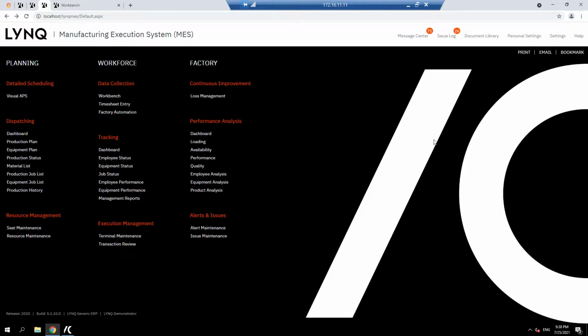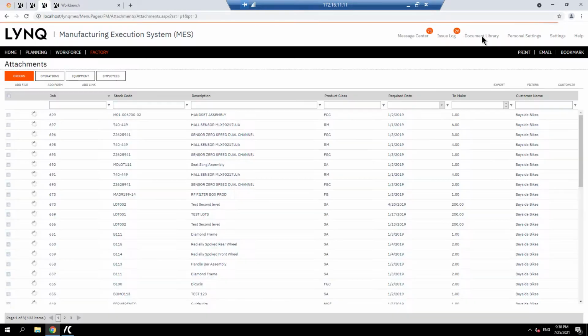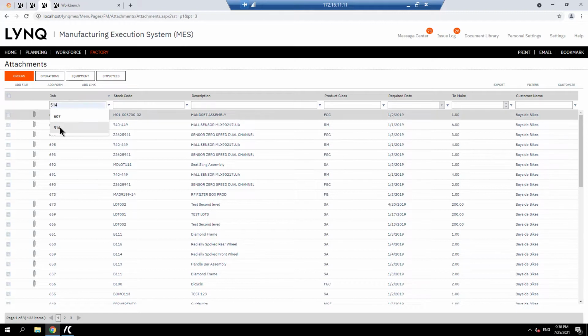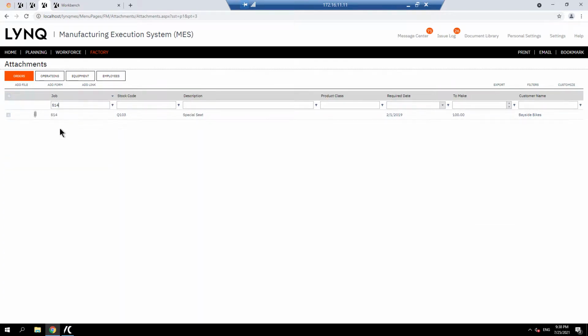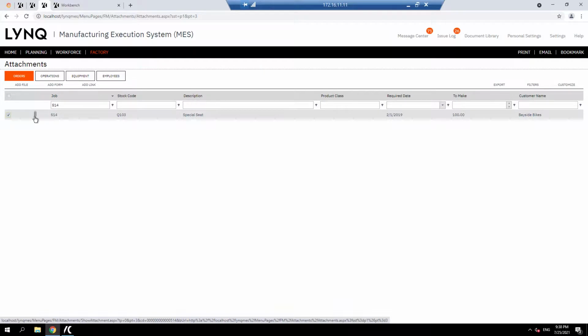LYNQ MES also provides you with paperless shop capabilities. Checklists, assembly instructions, CAD drawings, and other documentation can be made accessible to your operators on the shop floor terminals. So let's go to the document library. In the document library, I'm going to put in a particular job, and it's this one here. As you can see, we've got an attachment there. I've attached several documents to this job,